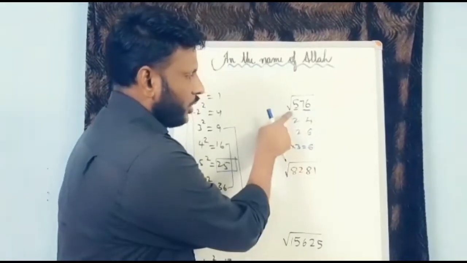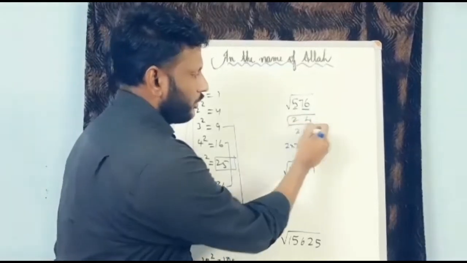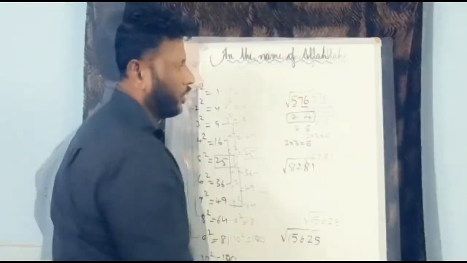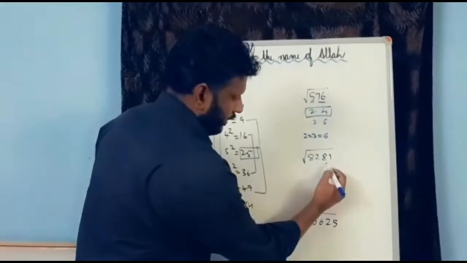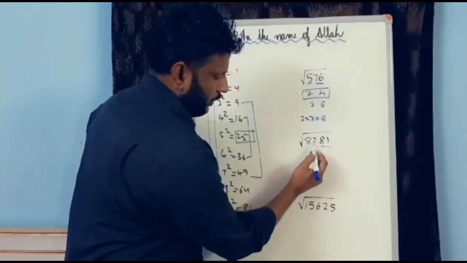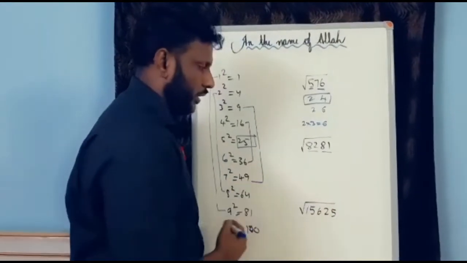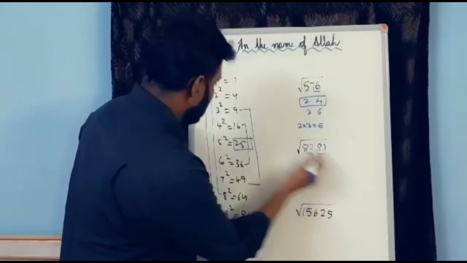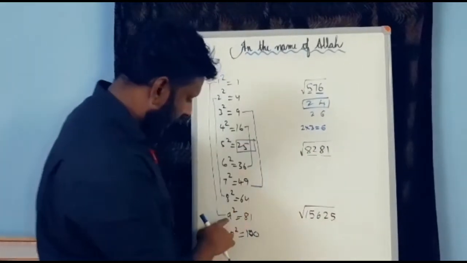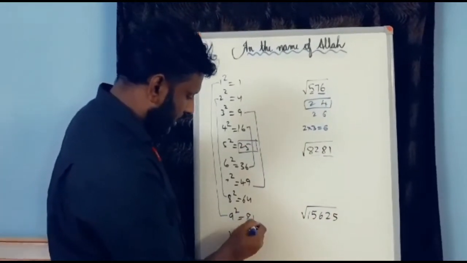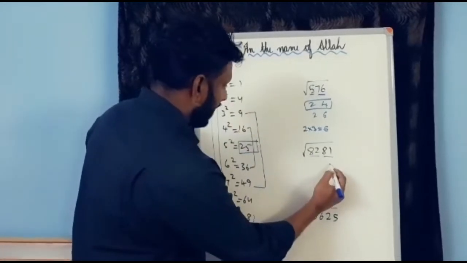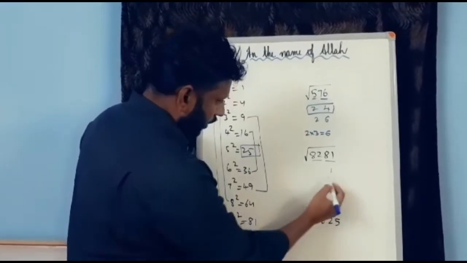So this is a smaller number, so we have to choose the smaller number. Another example: the square root of 8281. Look here again, two digits count as one pair, another two digits, because we are doing a square root. Here the end digit is 5. So look here, 1 square is 1 and 9 square is 81. So here, either our answer ends with 1 or 9.